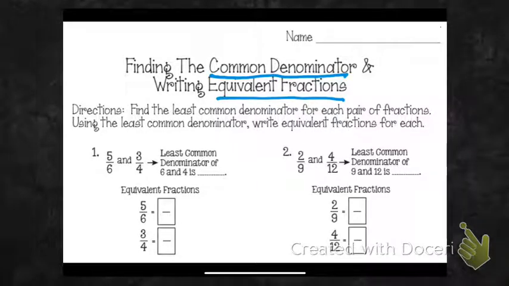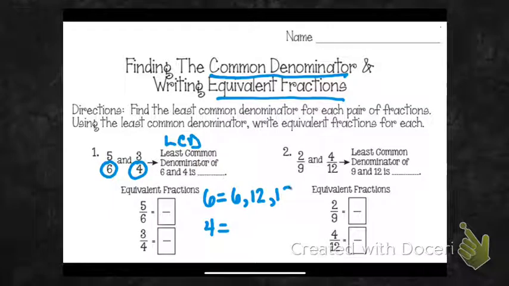For the first one here, we have 5/6 and 3/4. It says we need to find the least common denominator of 6 and 4, because those are our two denominators. So that is your LCD, remember? If you need to write out the multiples of 6 and 4, you're welcome to do that. So we have 6 and 4. If we write out those multiples for 6, we have 6,